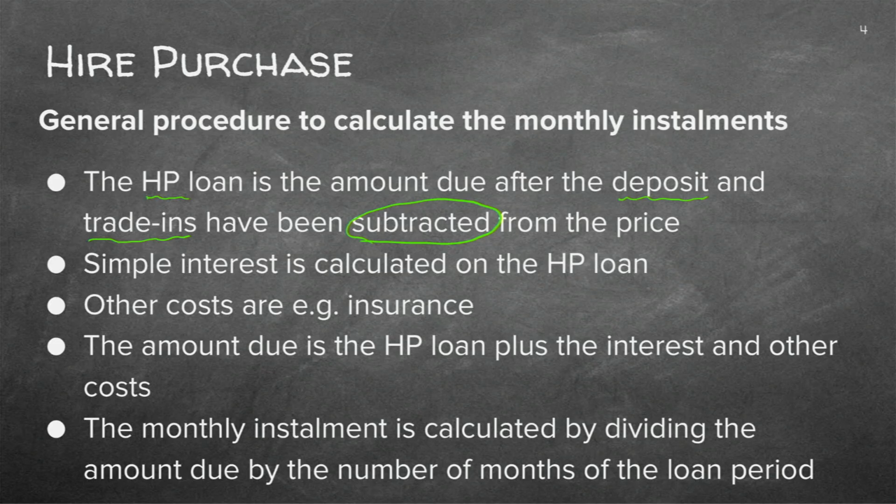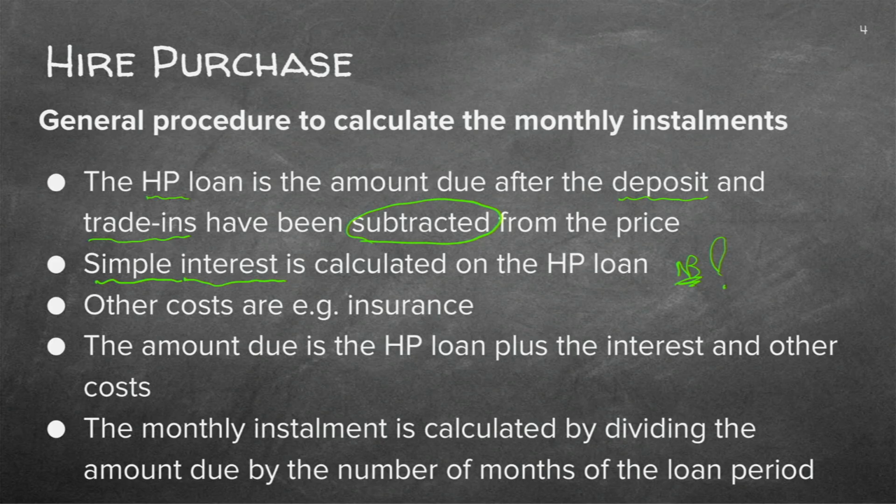Simple interest is calculated, as I said, as the normal simple interest, so we need to do that because later on we're going to do compound interest also. But for hire purchase, and I must put an NB here, you must remember, very important, that for hire purchase, they do not have to tell you that. You're supposed to always know hire purchase is always simple interest. So even if they don't say a word about simple interest, you need to know that if they talk about hire purchase, you're always going to use the simple interest formula. Remember what I said? There are only 2 types of formula in this whole finance set that you do in grade 10, even till grade 12. But you need to know when to use which one, and hire purchase is always simple interest.